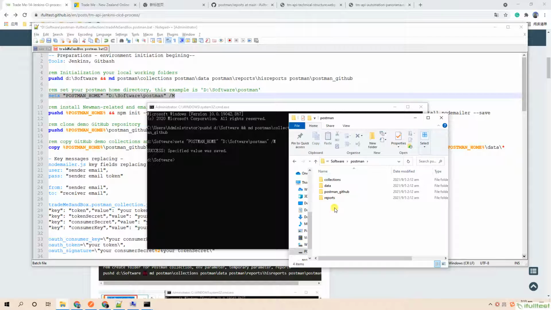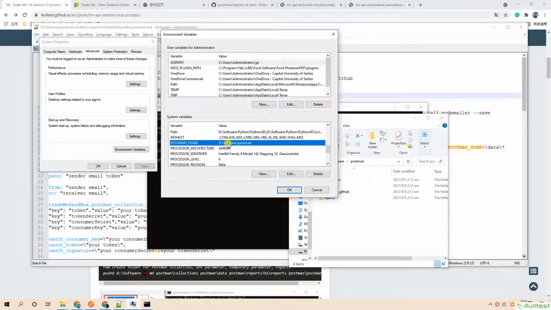See, we get the Postman as the main working folder together with related subfolders. Also, we have set the home directory at the Windows environment variable.